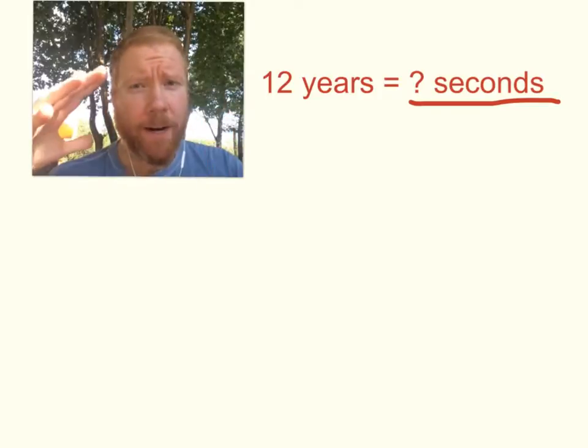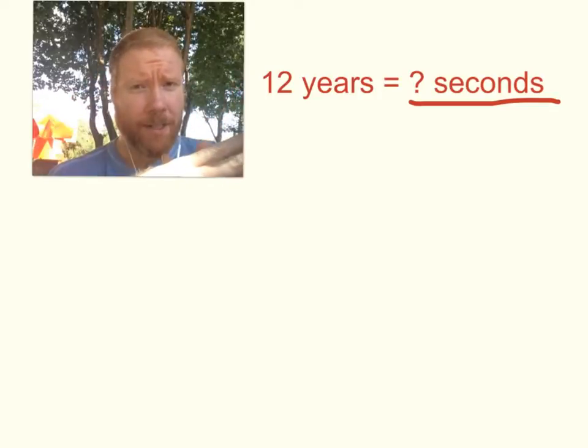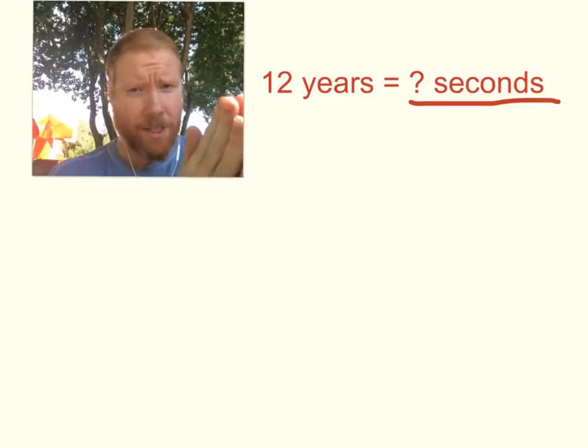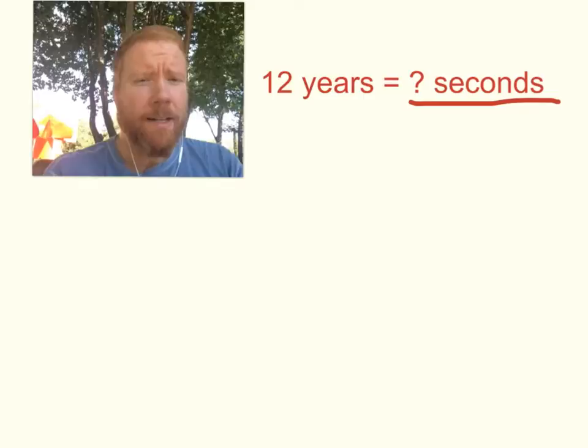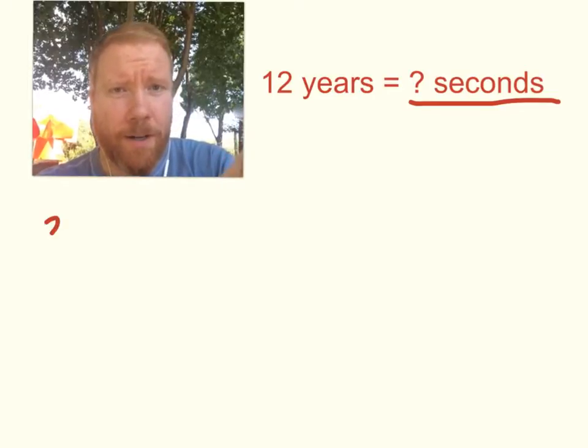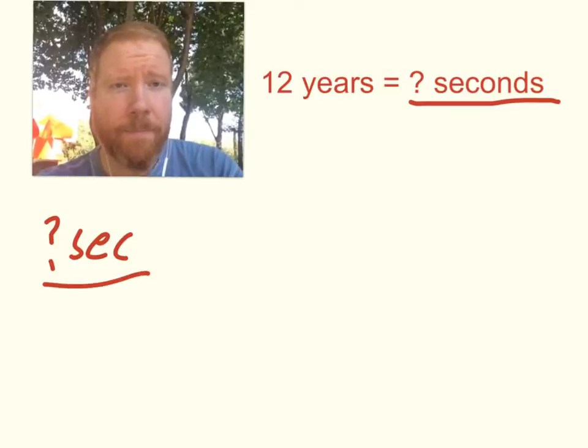And throughout this whole process, you're not looking at the numbers. All you're looking at is the units. So the units are what we're going to use like our dominoes from the domino game. So let's set this up, right? First thing I'm going to do is write down question mark seconds. I'm going to abbreviate it sec, and that's got a blank bottom, right? Then I put my equal sign,